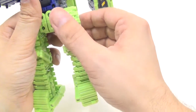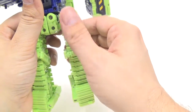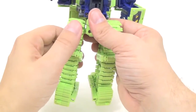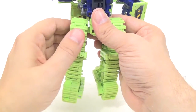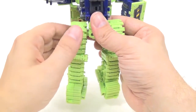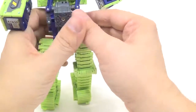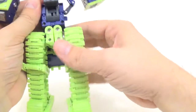That one right there. So I'm just checking the treads to make sure that there's not any more that are messed up. It's just that one right there. Okay. That's a shame. Okay. Alright, so to connect this portion to the body, now you want to take these and